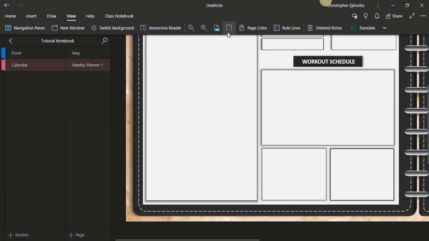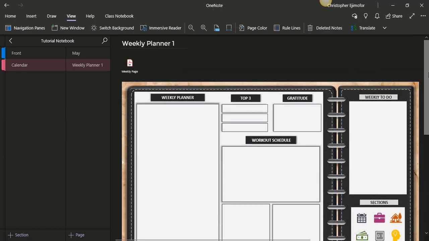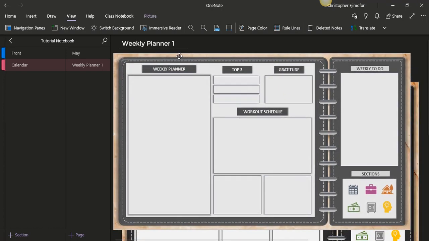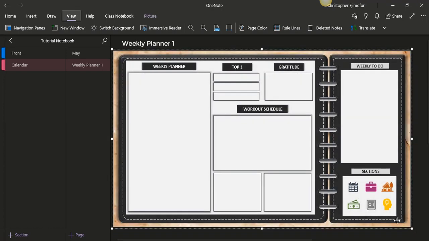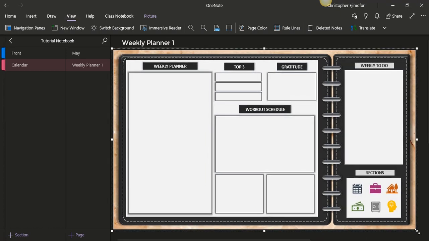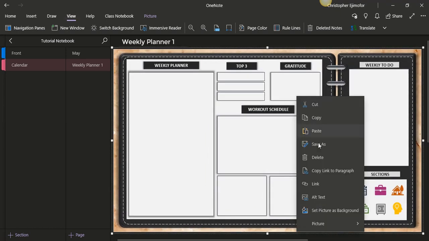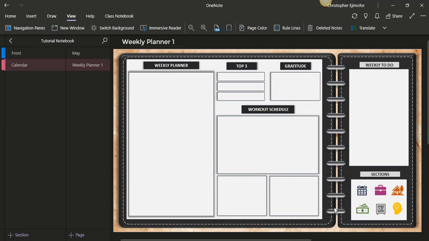Okay, click on this under view right here, click on the week page, and the same thing you did before. Take this one out, hold your Alt key on your keyboard, drag this up, and you can extend this as much as you want. Right click, set page as background. All right,